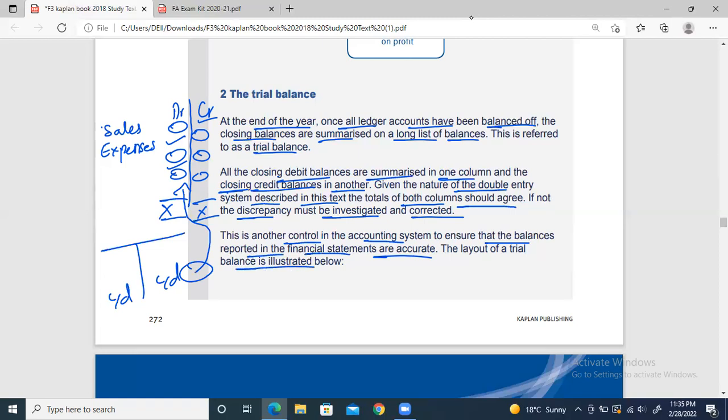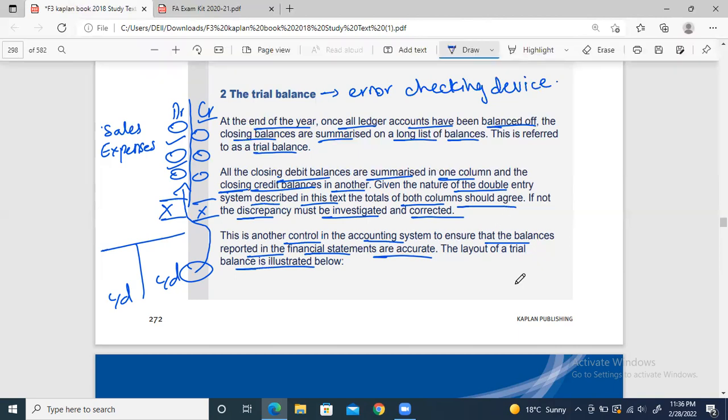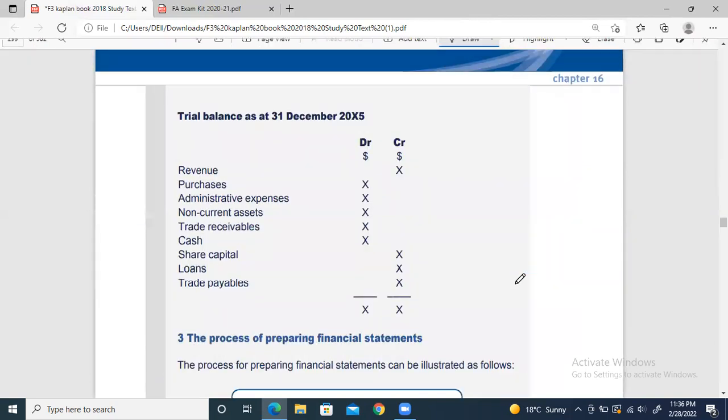So trial balance, basically, if I talk about the purpose of this, in short form we can call it an error checking device. In financial accounting, it is an error checking device. Let me write over here as well. So this basically checks errors, because if there is any error on the debit side or credit side, it's easily told by the trial balance. But there are some advantages and disadvantages as well that we will also discuss in